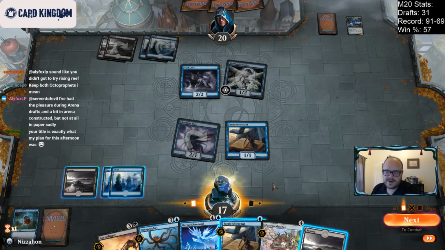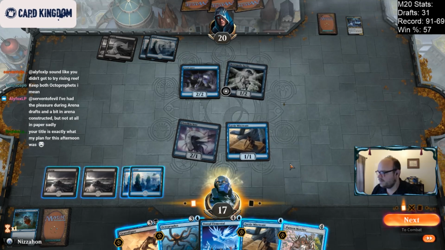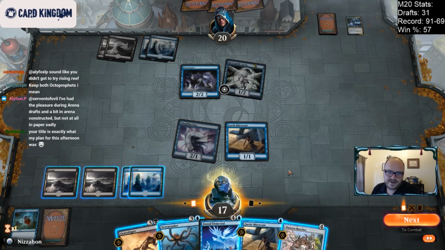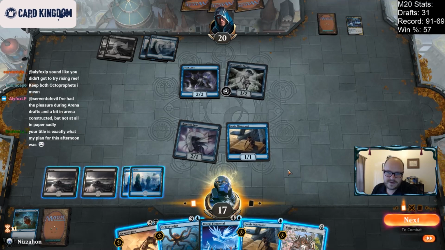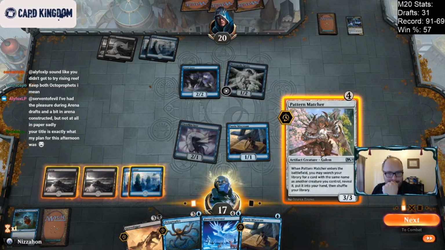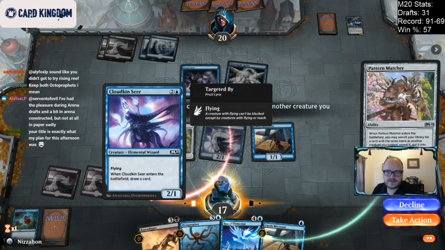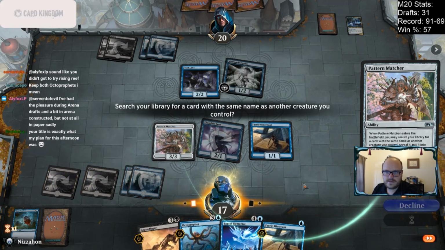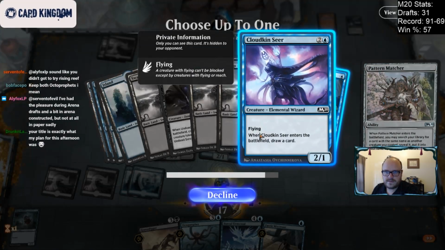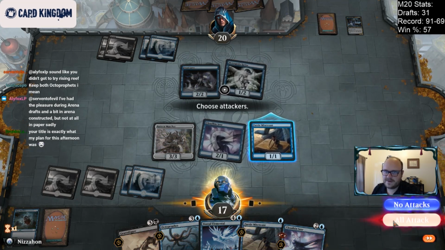God, our mana situation's so weird. Just like it was earlier, where I could play my Miscreant just cuz, but I think using all my mana makes more sense here. I may Pattern Matcher on Cloudkin Seer. That seems pretty good to me. Yeah, so we'll grab our Seer. I guess next turn I could play 2 Miscreants if I took a Miscreant, but...